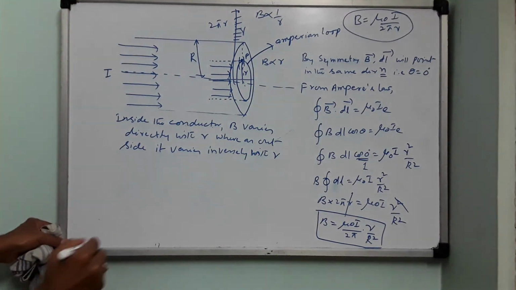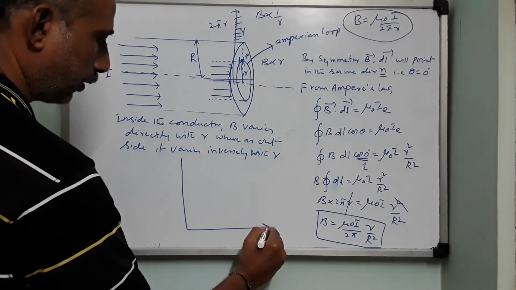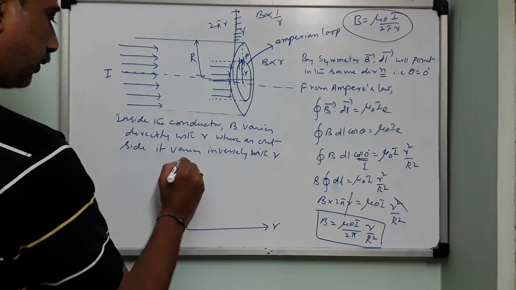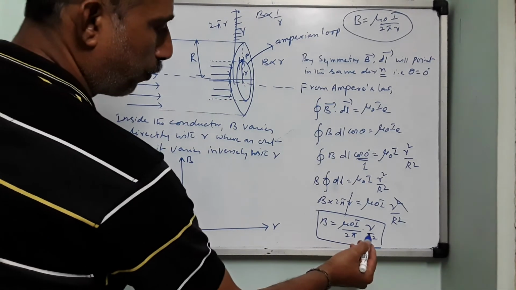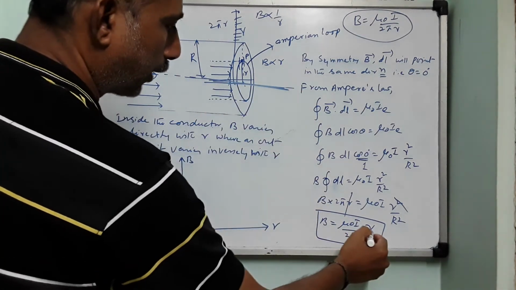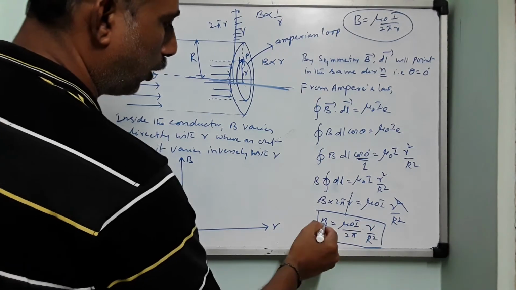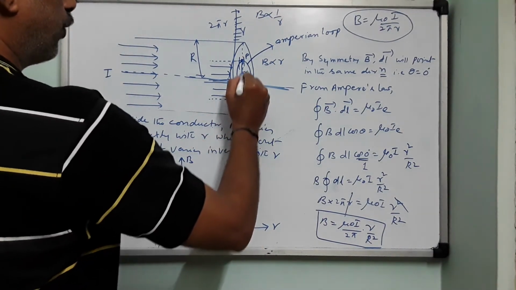So when you plot a graph, children, for this entire discussion, small r, this is the magnitude of the magnetic field. Now, if you put r equals 0, that is along the axis, then B will become 0. And up to the surface of the conductor,